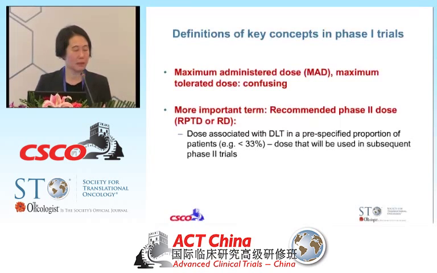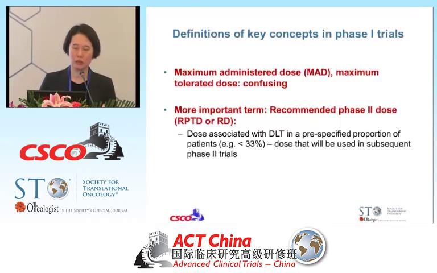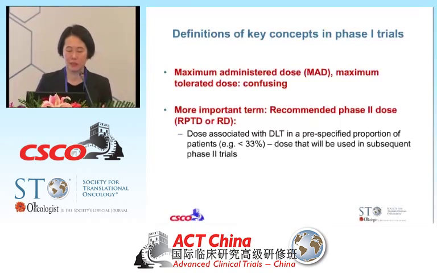This definition may not be relevant in the molecularly targeted era where you may not have toxicities that are dose-limiting, and there is obviously the question where an optimal biological dose when you have no DLT exists. I actually gave a whole lecture recently in Dublin on this, so I don't have time to discuss in detail the OBD, but would be happy to talk to you if you're interested in how an OBD could be defined in a phase 1 trial.